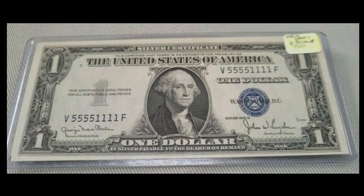All right, probably not cherry pickable or findable in circulation, but you could always cherry pick something like this for a decent amount of money. But what we have here is a $1 silver certificate. But check out the serial numbers. Fancy serial number hunting should be a thing that you guys do, if you are going through paper money straps and bundles and bricks. It's almost a foregone conclusion that if you're going through paper money bundles that you should look for these. But we got four 5s, four 1s, and altogether they call this a double quad. Very cool serial number, fancy serial number pattern. Of course, it's one of the more desirable types. And then when it shows up on a high-grade example, it deserves high-grade money. In this particular instance, this one sold for